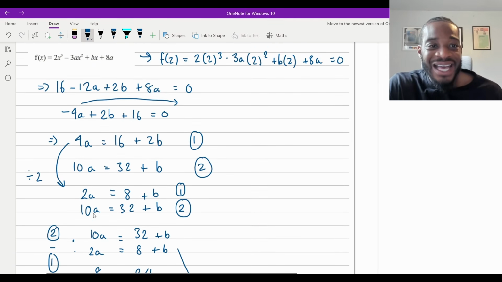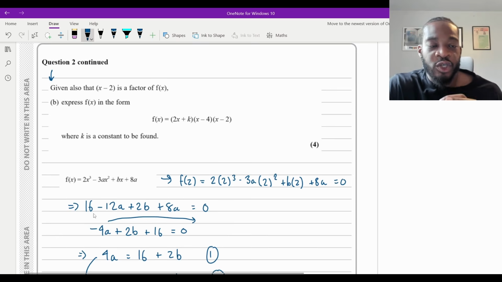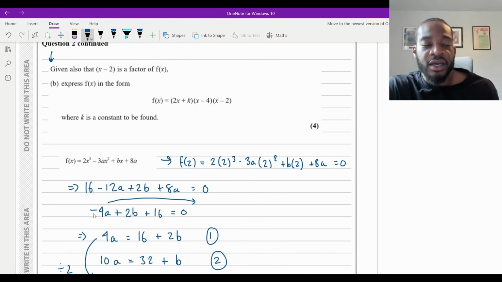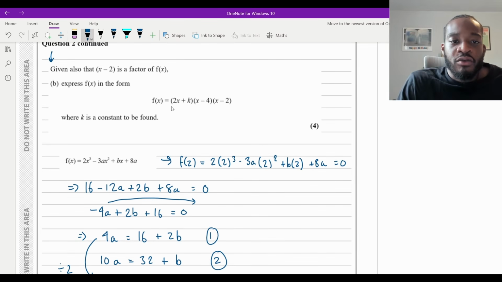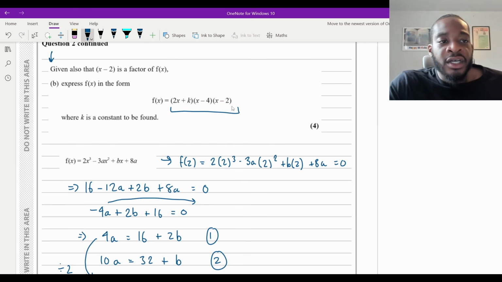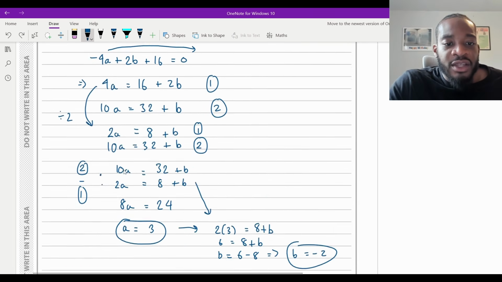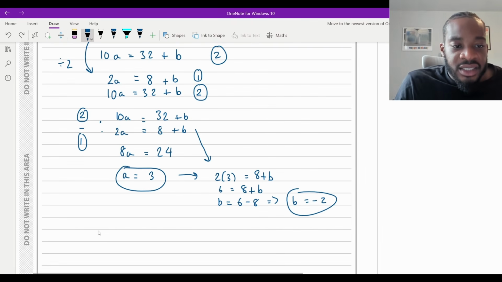Now that we have that, remember what we're trying to do. We're trying to express the function, the cubic, the polynomial, in factorized form. So we need to figure out what k is, don't we? So now that I've got a and b, I'm going to write out f of x in its entirety. So f of x is going to equal